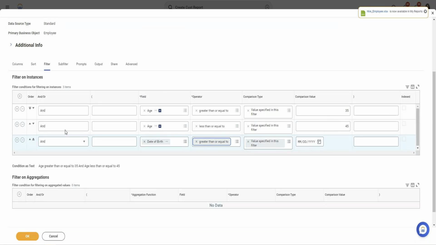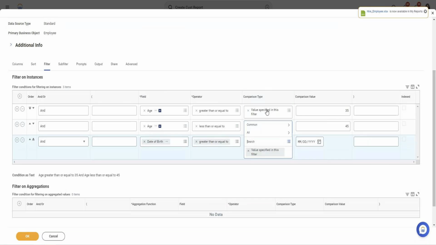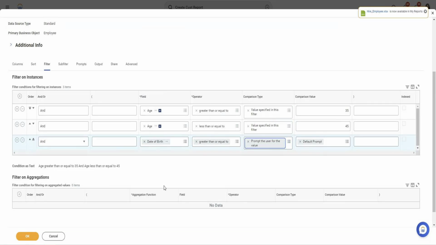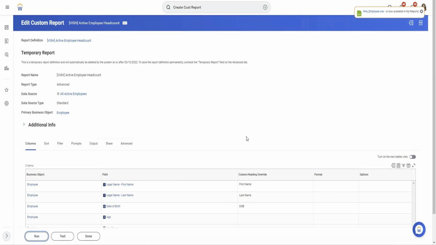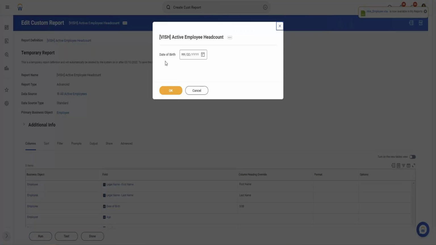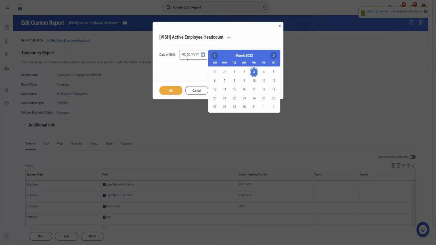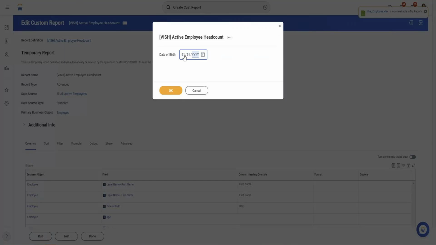Now I don't want to hard code the value. I want the customer, or the business, to enter it at runtime. I go on these three dots, I click here, I select common, and I prompt the user for the value, right? I ask the user to give a value. Click OK. And now I'm going to run it. And now see that the system is asking me, please give me the date of birth. And I just say let's do it like 0101